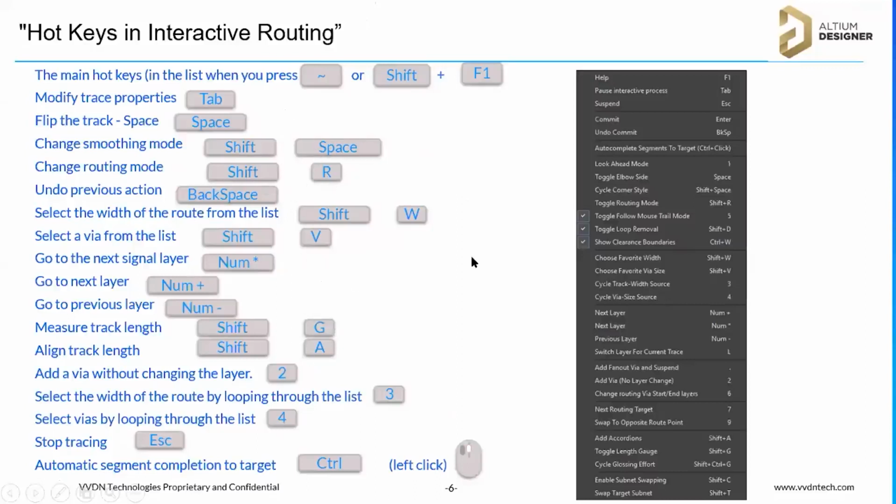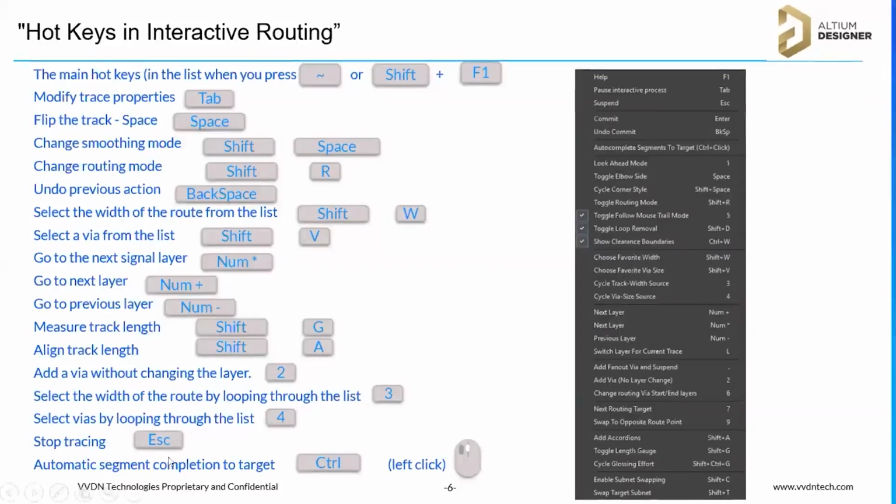But if you are not able to remember these shortcuts all the time, you have the option: you can just select the tilde key. You can press Control W, or you can go to Route, Interactive Routing. Immediately after that, if you press the tilde key, it will display a window like this. Here it will give you all the options and their shortcuts. You can select the shortcut, or simply in this window, if you select the option, it will activate the command. So you can start using that.